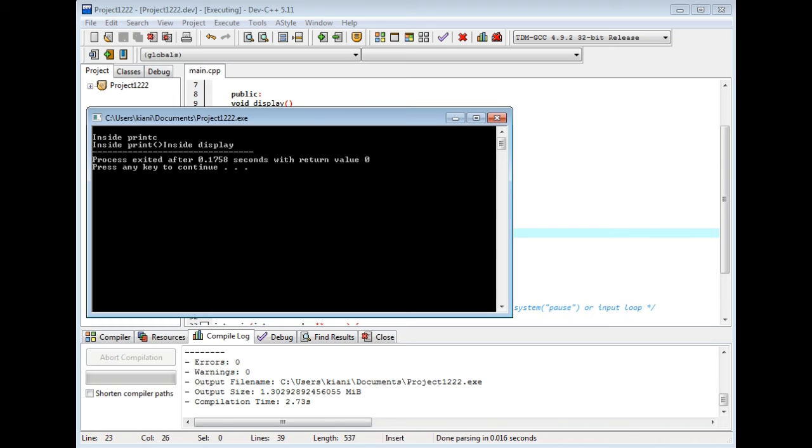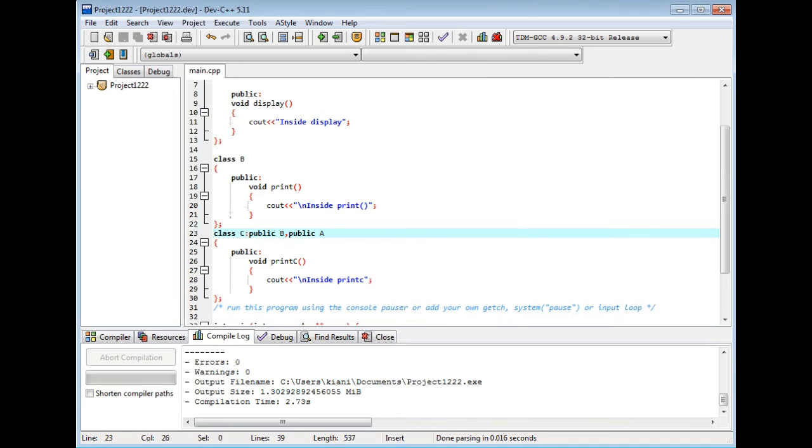Inside print C, inside print, inside display. But this time we are using multiple inheritance. Multiple means multiple classes are inherited. Class C has two parents, and it can access the public functions of both the parents.